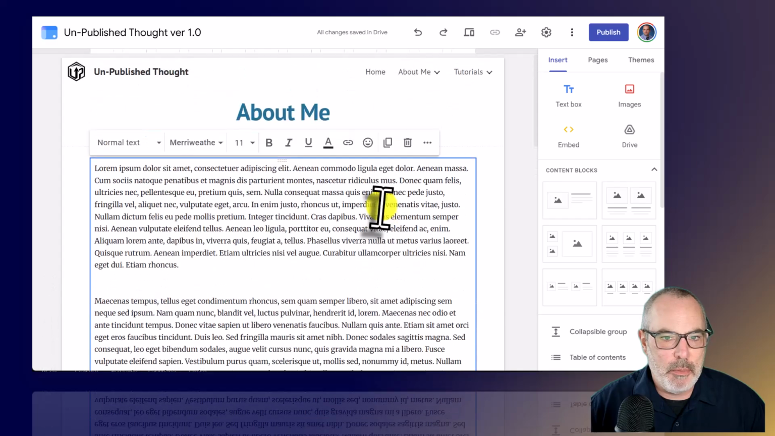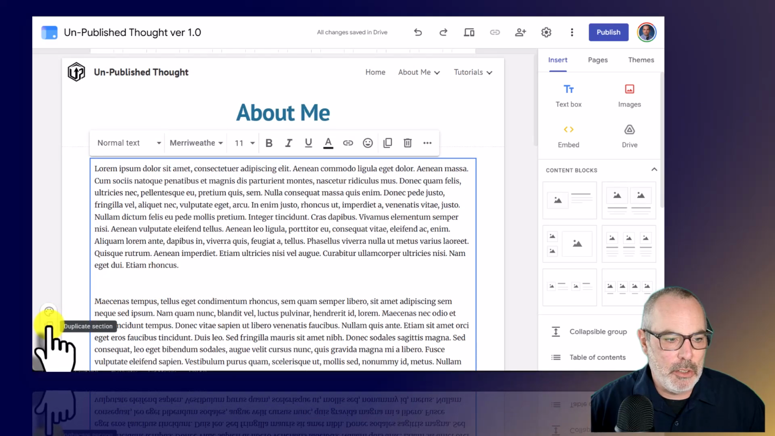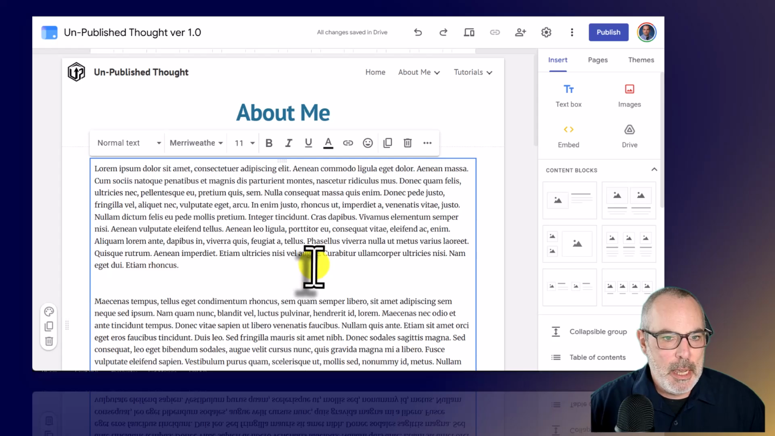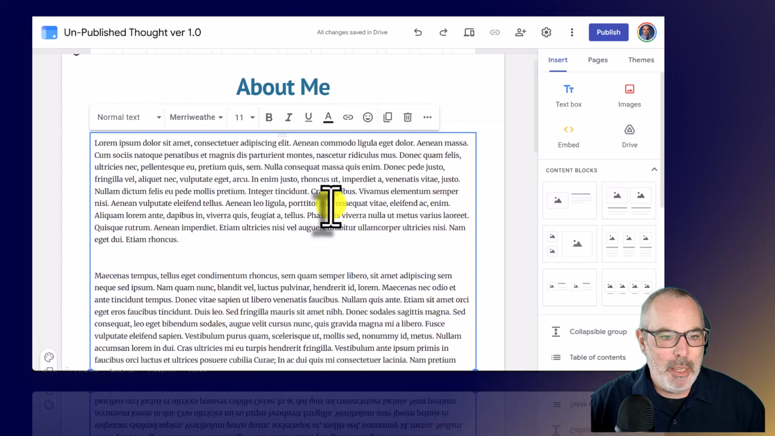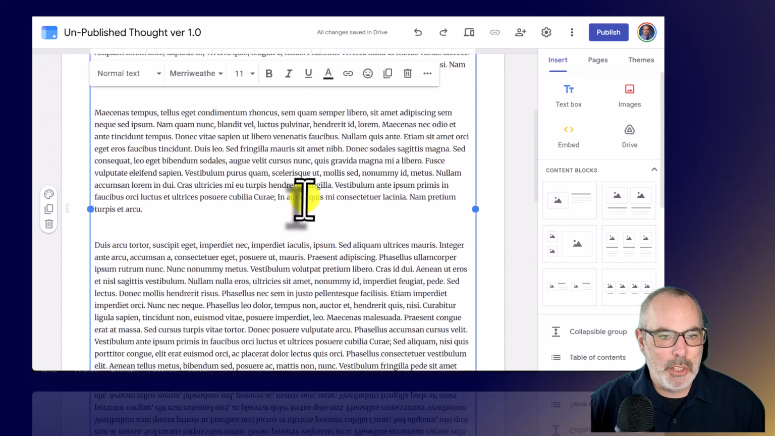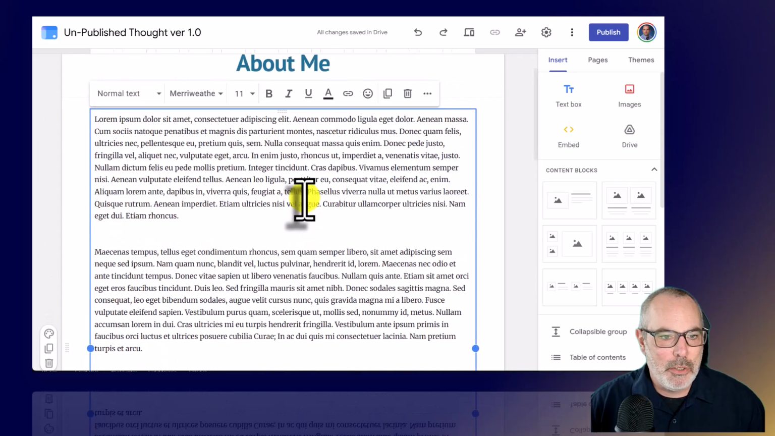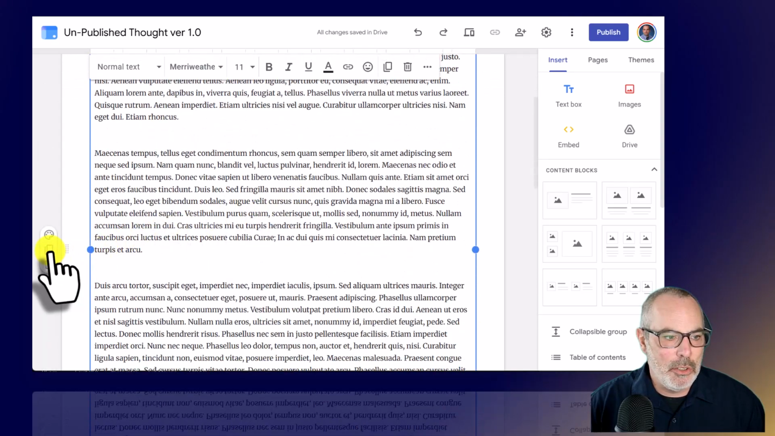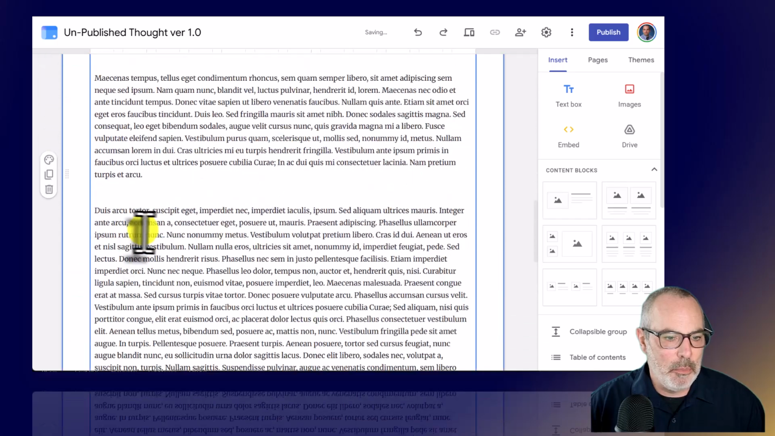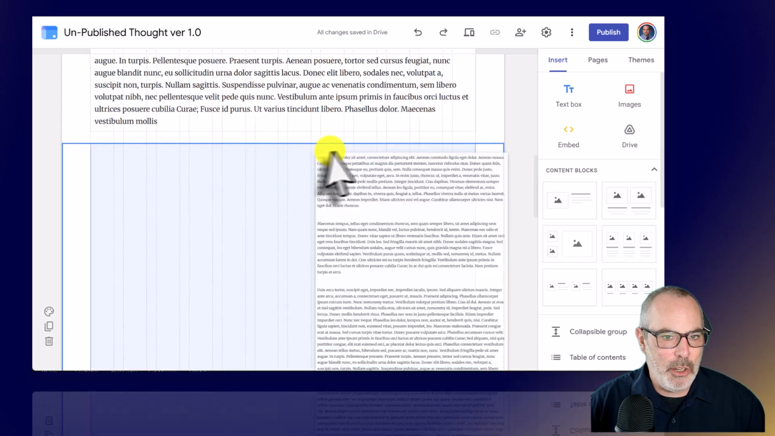Has all of the same features that I had before. I can duplicate the section. I can delete it. I can change the colors of it. But once I have this, you'll notice, well, maybe this is a little bit too much like I'm writing a paper. So I am going to actually duplicate this section just to show you how I could,